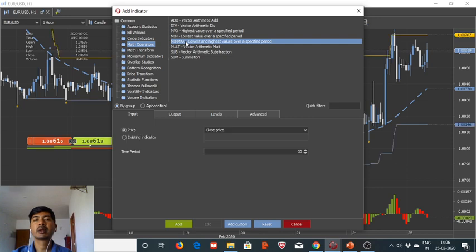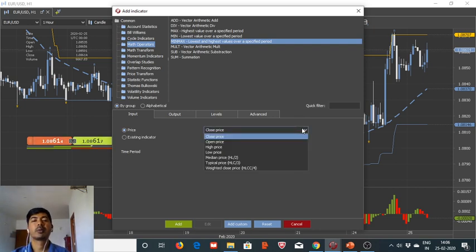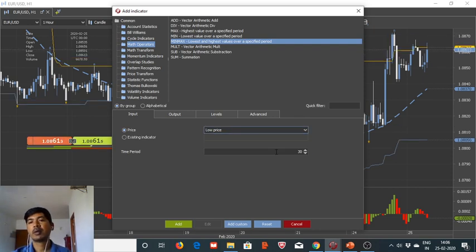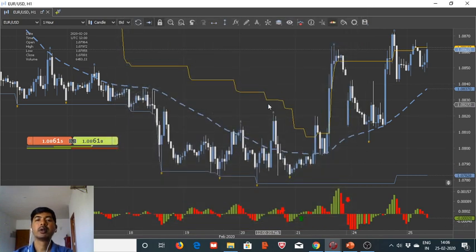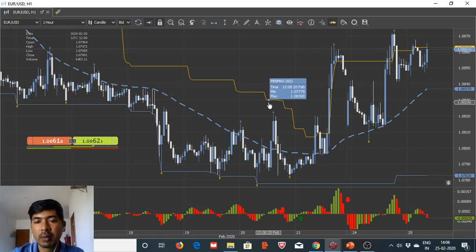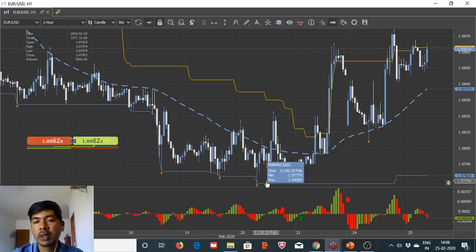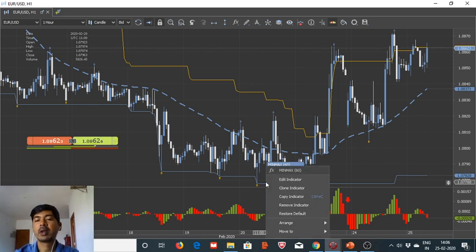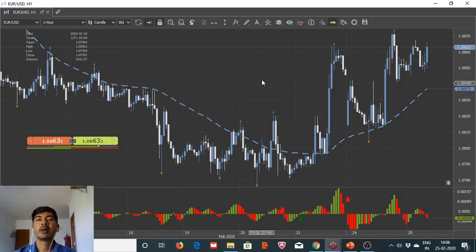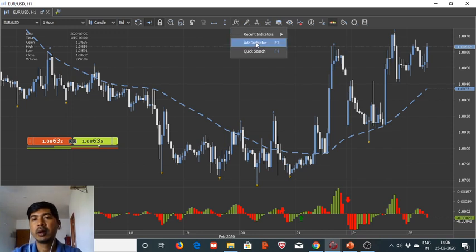So here is the min max closing price. We don't want the closing price, we want low price, and then we will need a high price, and the time period is of 30. So we make it 60. Here we have got this maxima, but I think we will need to utilize separate indicators, as this is not giving us both the values. So we bring in the separate indicators here,